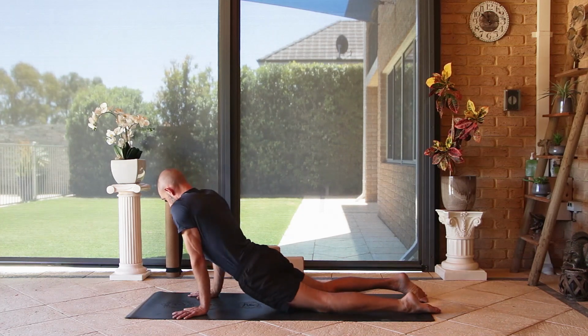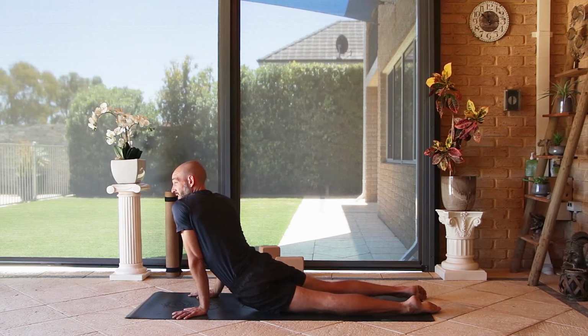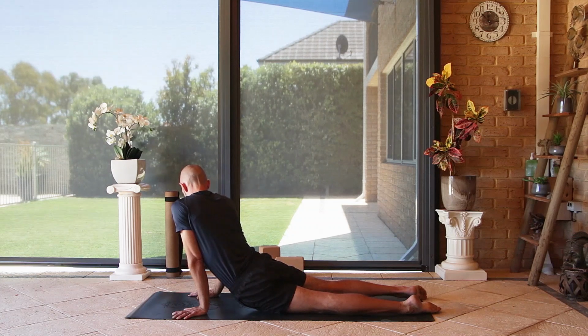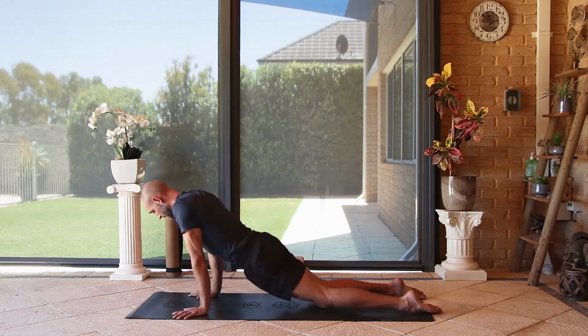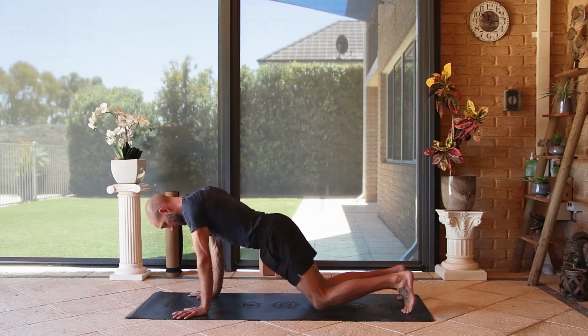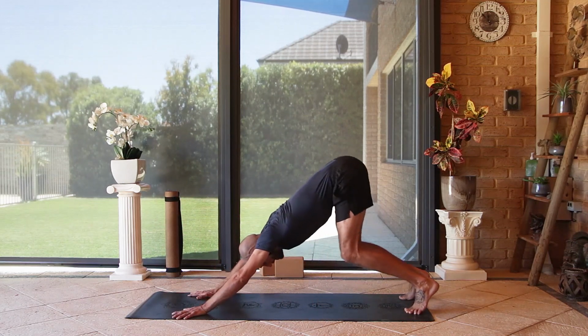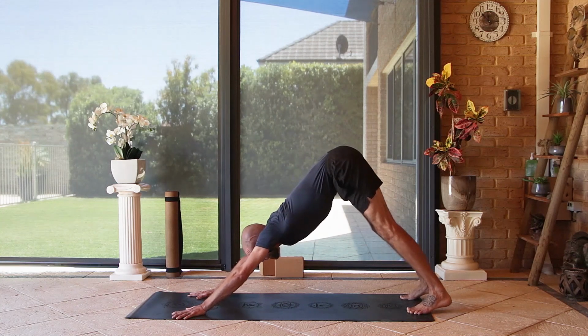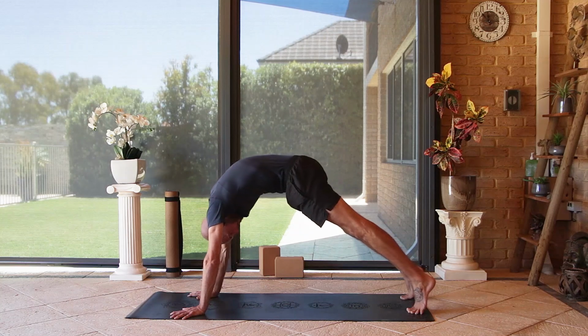And we're going to roll over to the other side. So that left hip flexor. Just stretching out in that position. Have a slight engagement of the glutes. From there, we're going to tuck the toes, keep the knees hovering, push yourself up and back into a downward facing dog. And we're just going to roll forward, so you come into that sort of cat pose